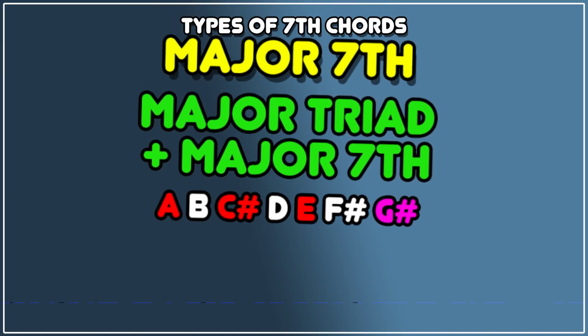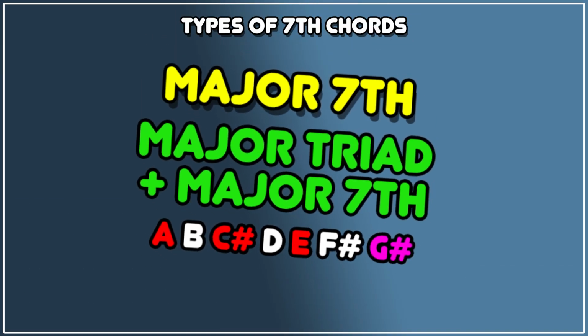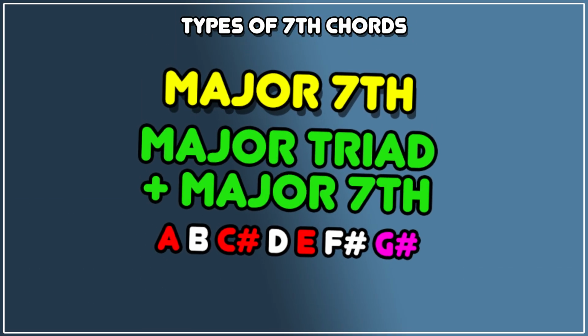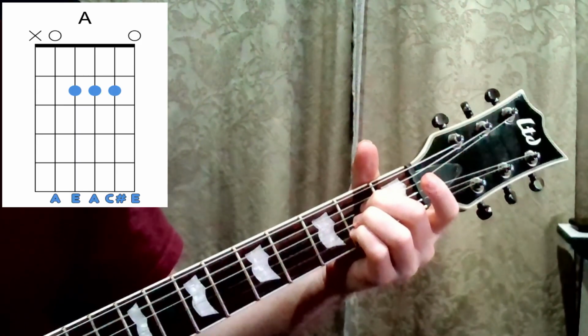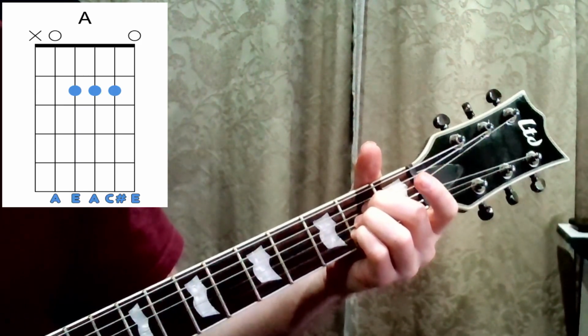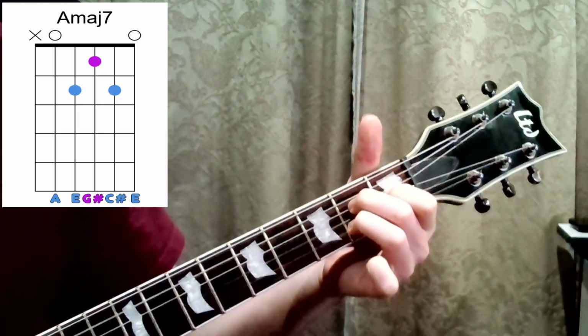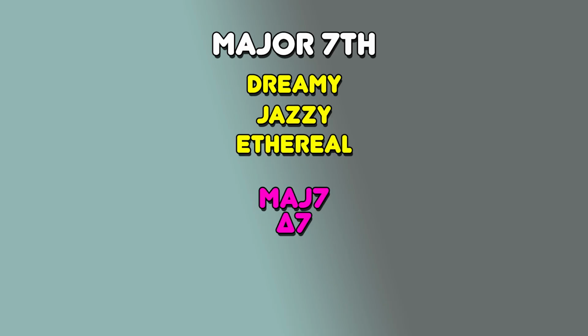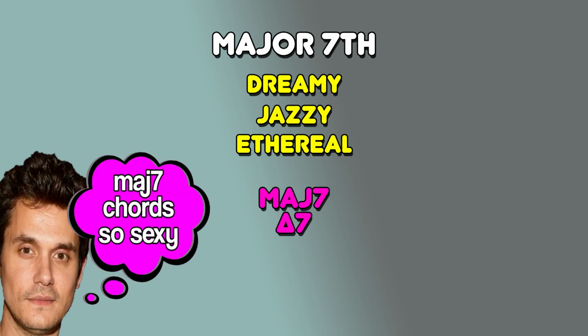There are 5 different types of 7th chords, and these change based on which triad you're starting with and which 7th note from which scale you add. Firstly, we've got the major 7th chord, and this is made by taking a major triad and adding a major 7th to it. Major 7ths sound dreamy, jazzy, and ethereal. They're notated by major 7ths or a little triangle with a 7, and are commonly used by John Mayer and